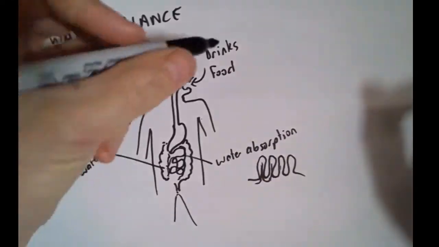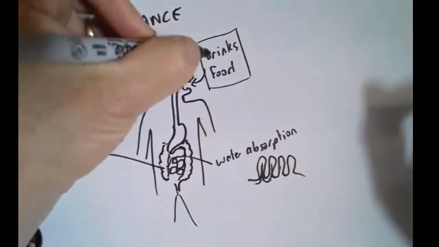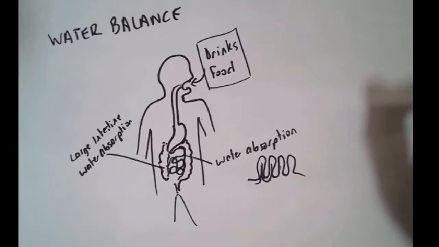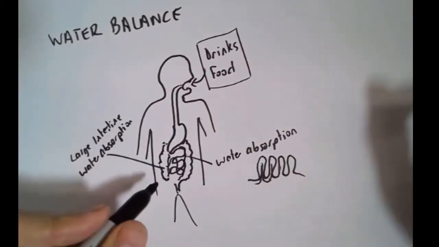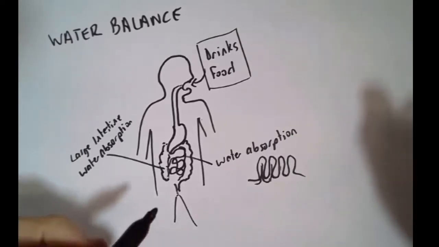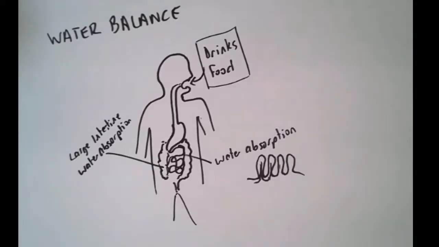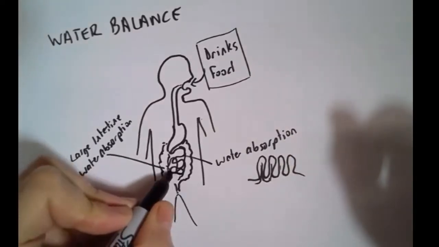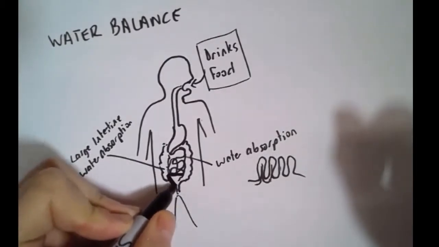Okay, so our inputs are via the mouth through drinks and our food. That water then gets absorbed through the digestive system. Now, how does it get passed? How do we actually lose water? Well, we've got something in front of this, which I'm just going to colour in, and this is our urinary